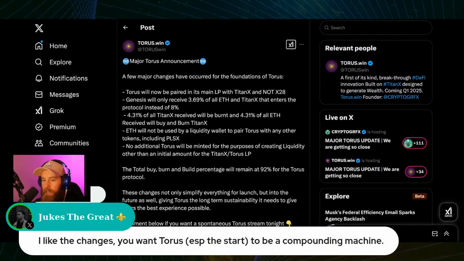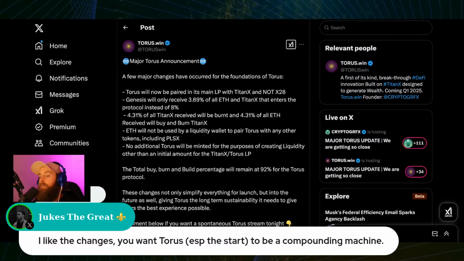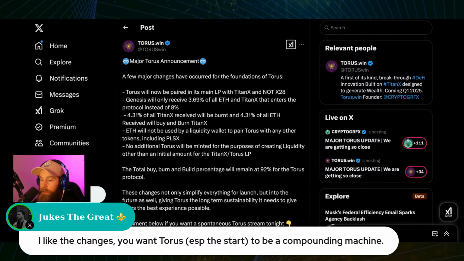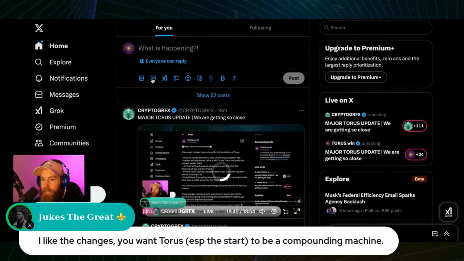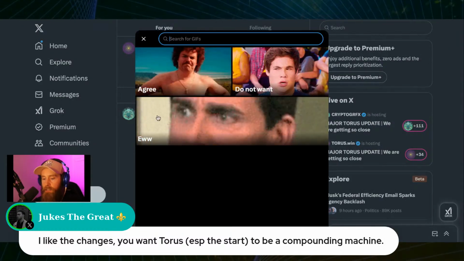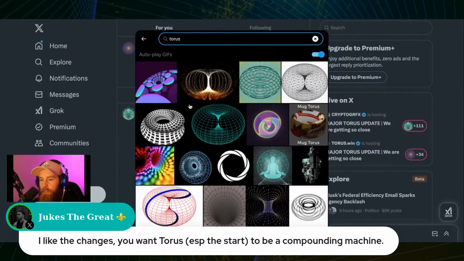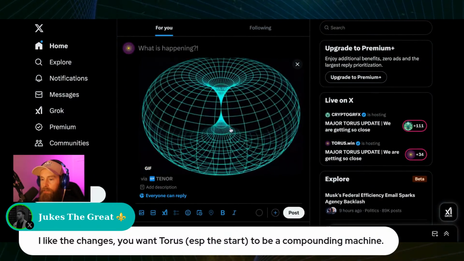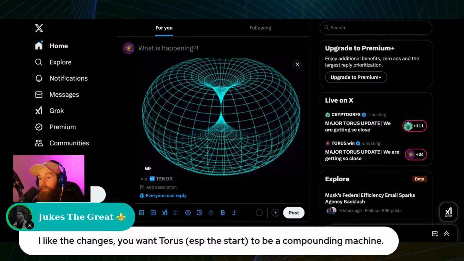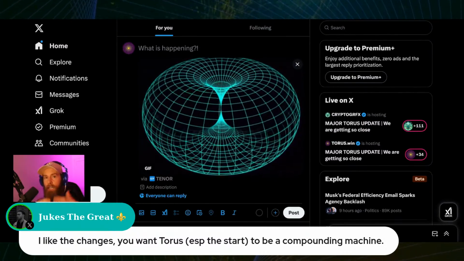Let's see. Jukes has a question or a statement here. I like the changes. You want TORUS, especially at the start, to be a compounding machine. 100%. It's got to be a compounding machine. And that was this design. I mean, if you go and look at a TORUS, right? If we go here to the GIFs, they have a great TORUS GIF. This thing here, in and of itself, this is what TORUS is. It's a magnetic field that is rotating around and around